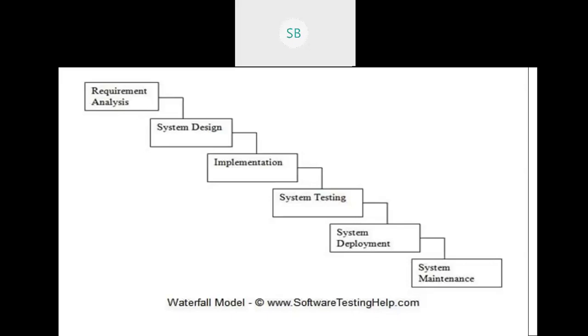But this is not possible if you follow the waterfall approach, that is, you cannot go back to the previous phase. This is a major drawback of it. The major advantage of the waterfall model is that you know in which phase you are working. If you are in the requirement analysis, you know it, because you go through this phase and understand what you are working on.